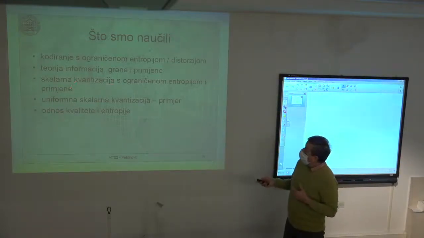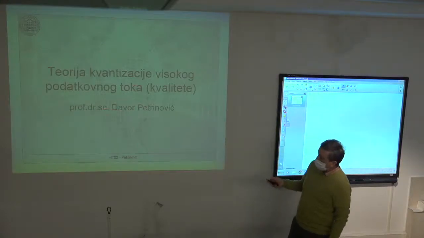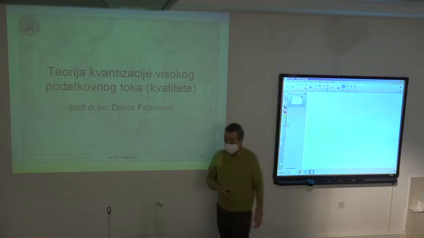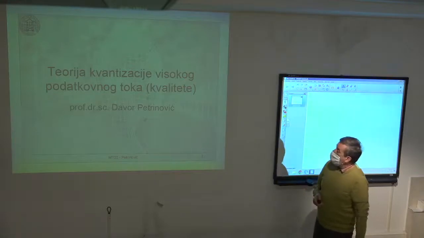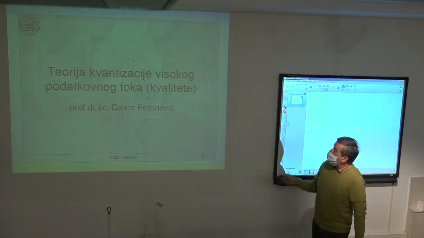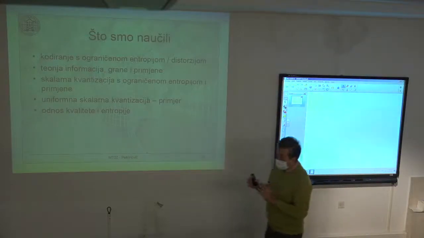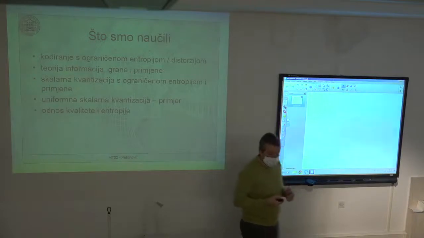Now we'll go further to the next chapter, and this chapter is high rate quantization, the high rate assumption for modeling of rate distortion. So with this first example, we have shown that if we have a process that has any distribution